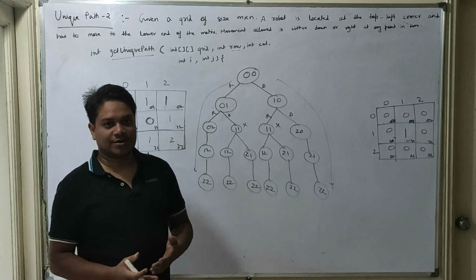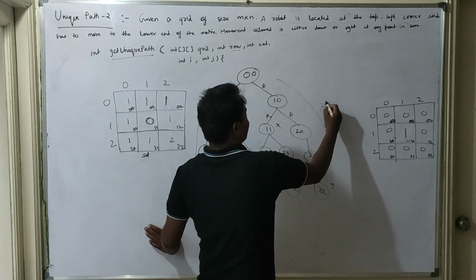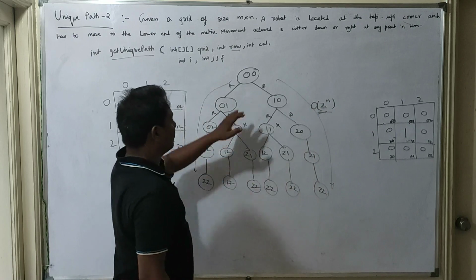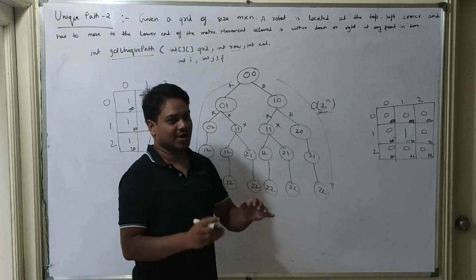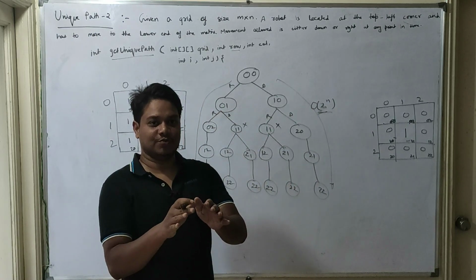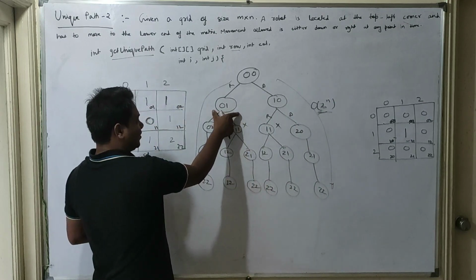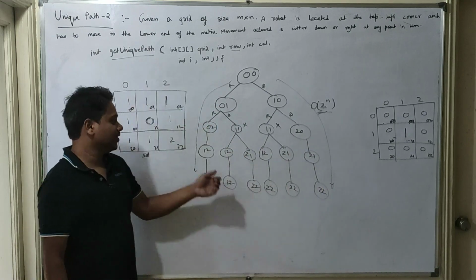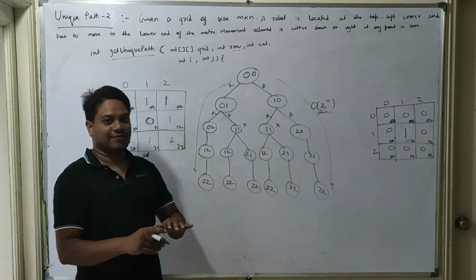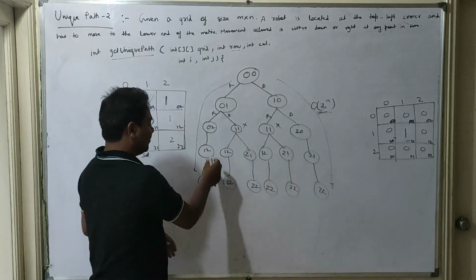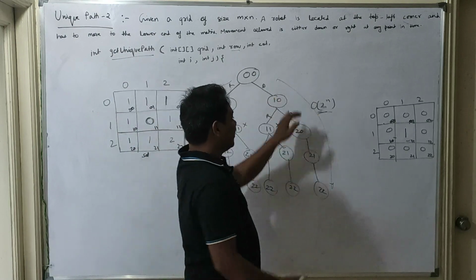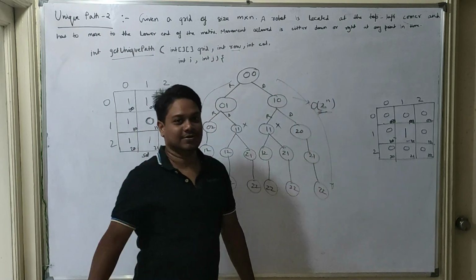The time complexity for the recursive solution would be 2 raised to power n. Why? Because at every point we are partitioning that particular cell into 2 smaller subcells. Then again this cell is broken into 2 smaller subcells. Then again this is broken into 2 smaller subcells. Now these are the boundary, but if we are having a very large matrix, then again it will get divided into 2 smaller subcells. So eventually it will land up to 2 raised to power n, the time complexity in the worst scenario.